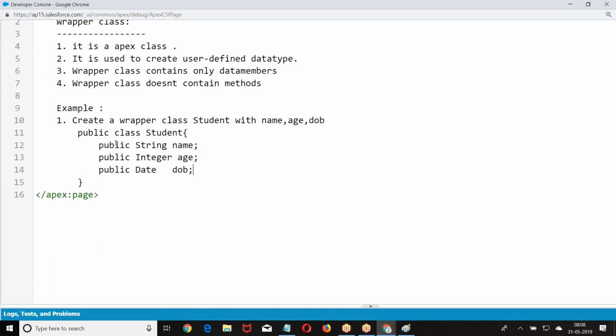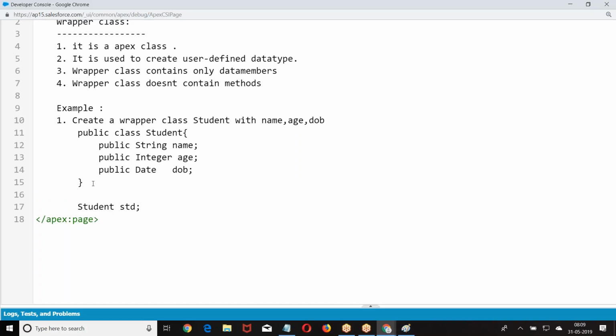Now we are creating a wrapper class, and I am going to use this as a data type. How do you create it? Student. Yesterday is a variable whose data type is Student.